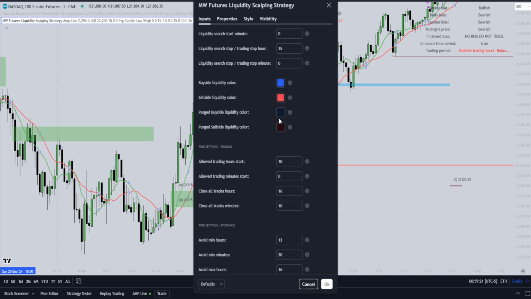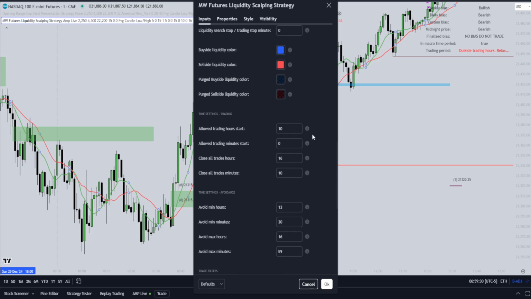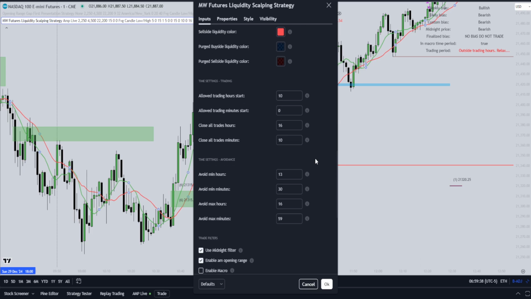But the issue right now is that we are continuously trading from 10 to 3. And we are not allowed to trade between 11 and 2. So for that particular instance, the next topic comes into use, the trade avoidance. So to avoid trading during 11 a.m. and 2 p.m., what we do is the minimum hours and minutes, so let's first read the tooltip that